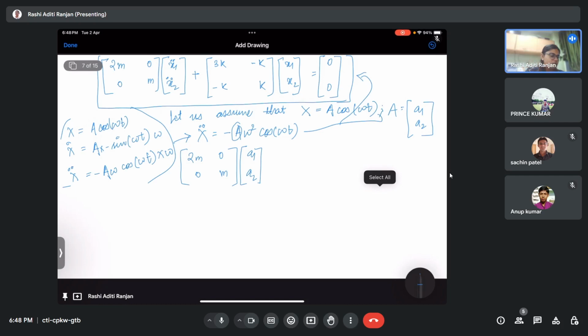So I'll get something like this, into minus omega square cos omega t, plus 3k, minus k, minus k, k, into again A1, A2 cos omega t, and this will be equal to 0, 0. Now I can take common, right? I can take this as common,